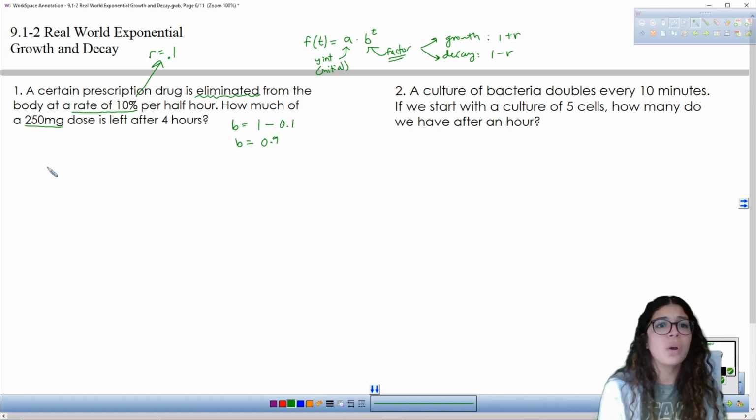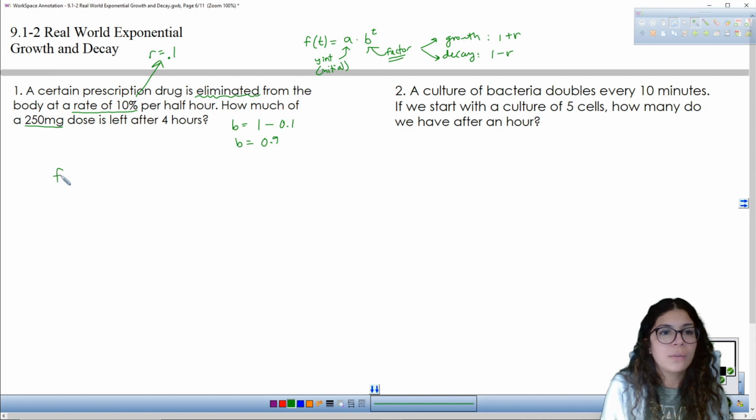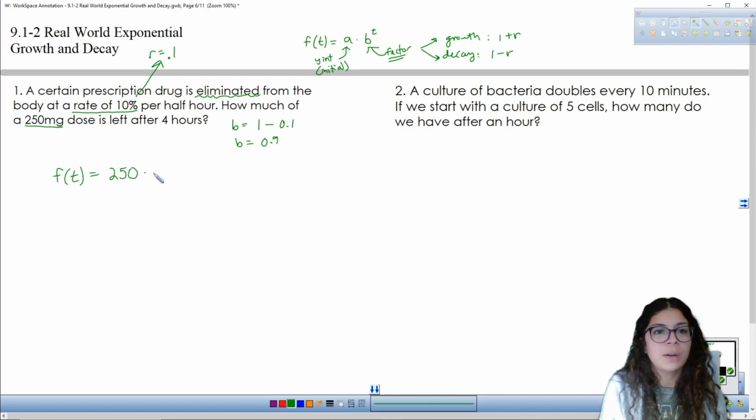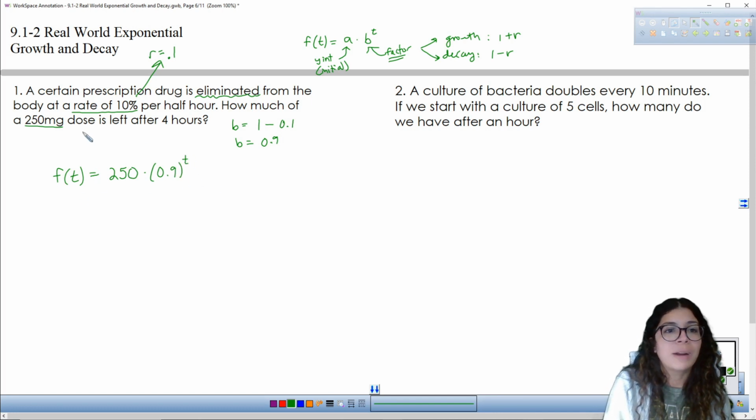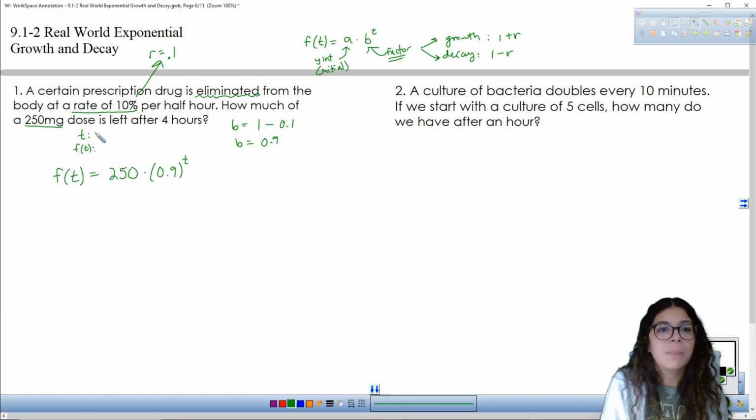Okay, so now we have everything we need because all we need to write the function rule is A and B, the initial amount and the factor. So this function, f of t, will be A, which is the initial amount of the prescription drug, which is 250, and then times the factor, which we found is 0.9, to the power of t. Now, whenever I write a function rule, I like to write what the input represents and what the output represents. Okay, so t represents the time